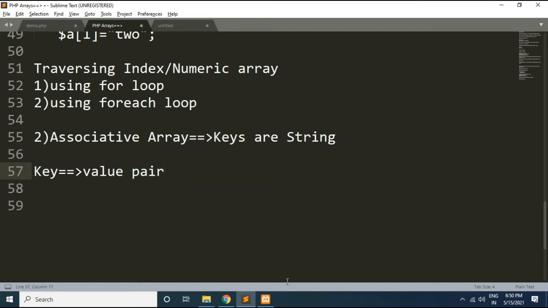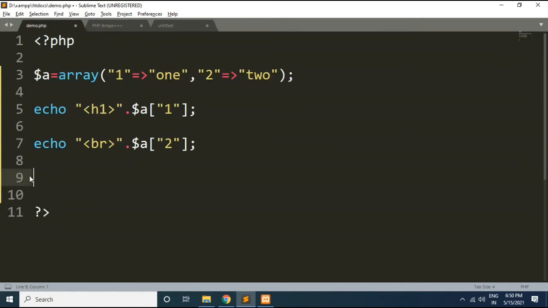Now next, how to traverse the associative array? So friends, for traversing this associative array, we can use the foreach loop. Here I will show you an example of how we can use the foreach loop.